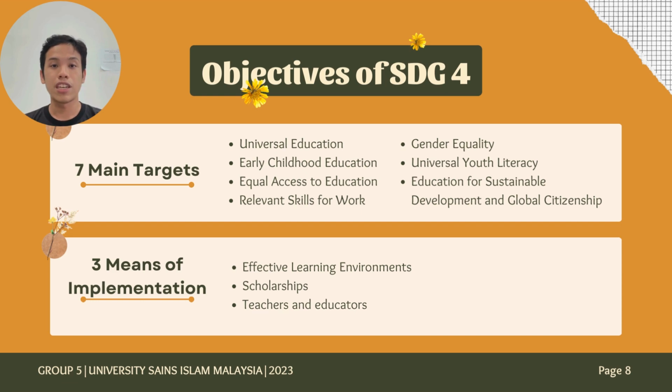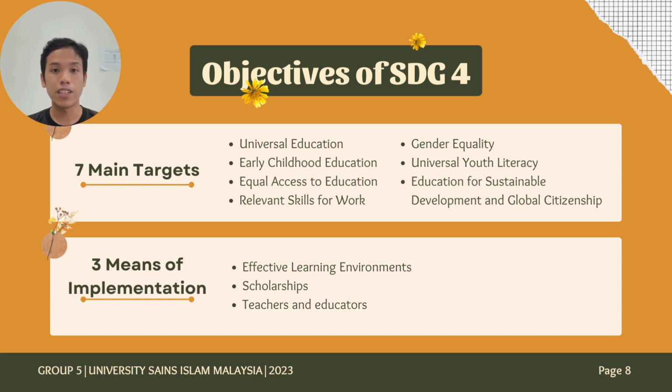The first one is UNESCO says we should have effective learning environment. A good environment and a conducive environment gives students a better place to study and will yield better outcomes. Second, UNESCO said by 2020,